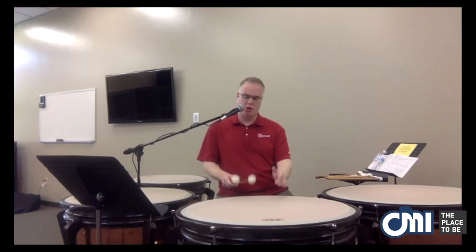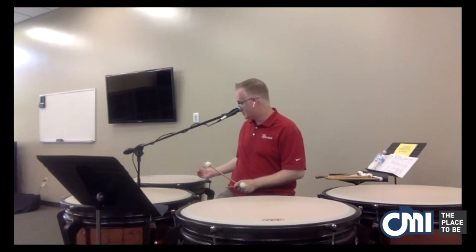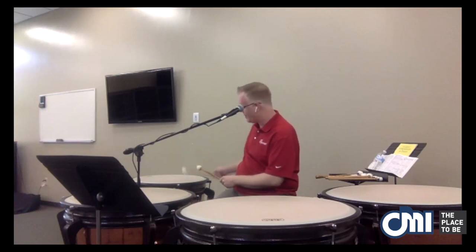Now, you will find, as we go through the next couple of things in this session, that beating spots will be different on each of the drums. So it's a good idea to have a good starting point, but then as you move through the different parts of the drum and different drums themselves, you will find different sweet spots. For example, on the top drum here on the 23, you'll find that actually playing a little closer to you, closer to the edge, creates a nice sound. So if I go moving backwards,